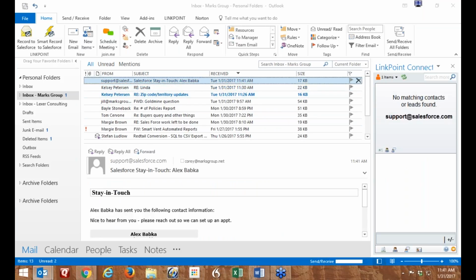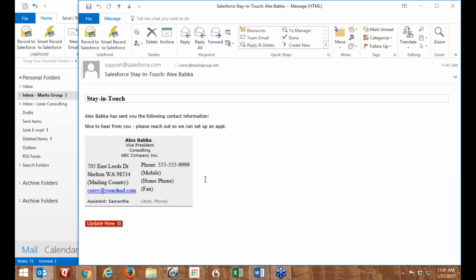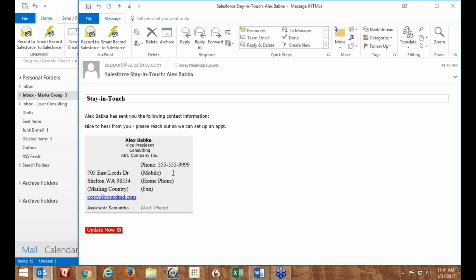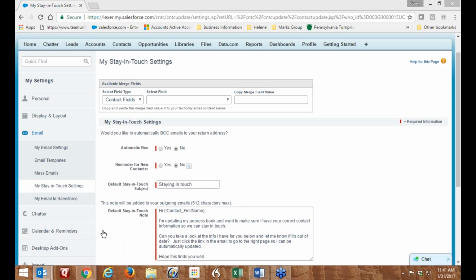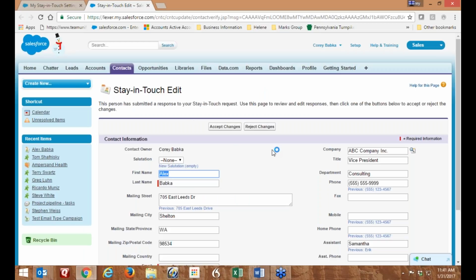There it is. Okay, so here's my email, right? What it says is he has sent the following changes, and you'll notice I only got what was actually changed. Well, no, I'm sorry, I take that back. I have everything here, but the mobile home is blank. So if I say update now, what's going to happen is it's going to go into here, and the changes